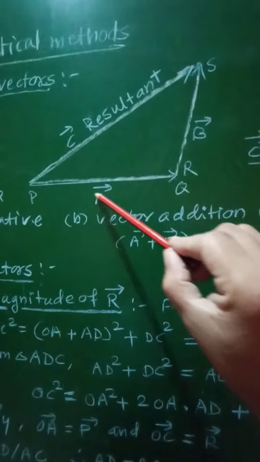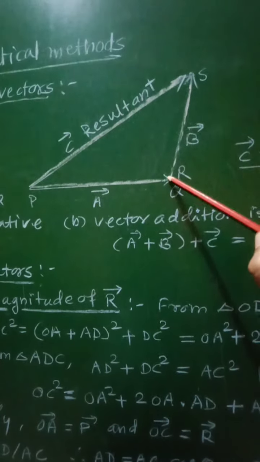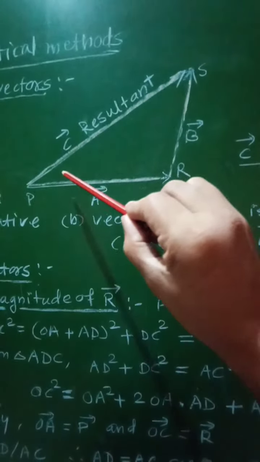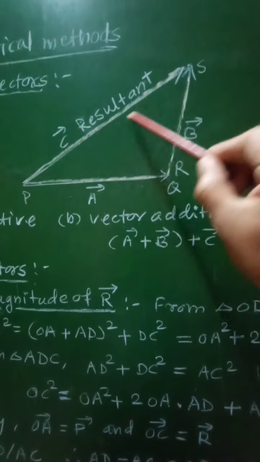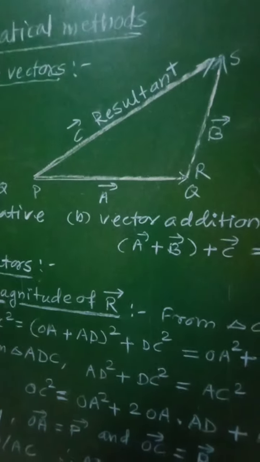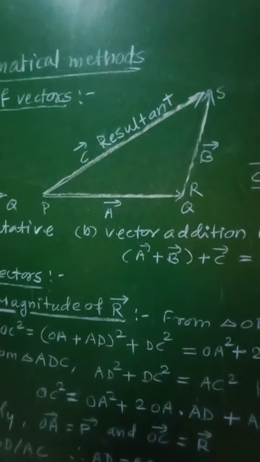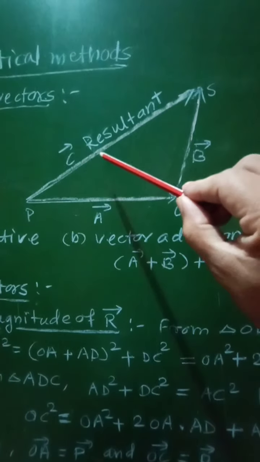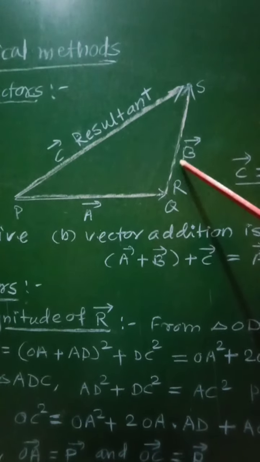That is, the sense here is like this, from P to Q, Q to S, but this vector is drawn from P to S, not from S to P, and therefore the direction is opposite, and therefore this vector C will represent the resultant of vector A and vector B